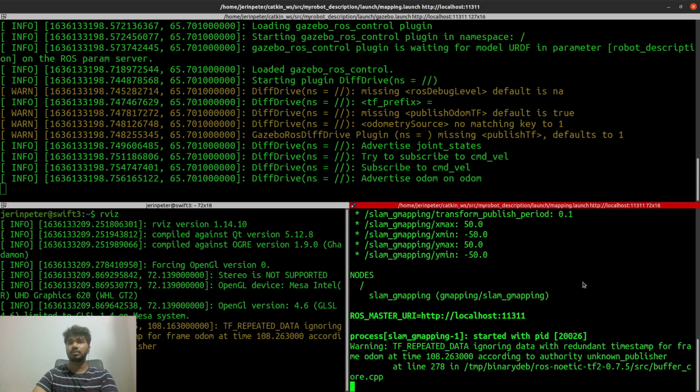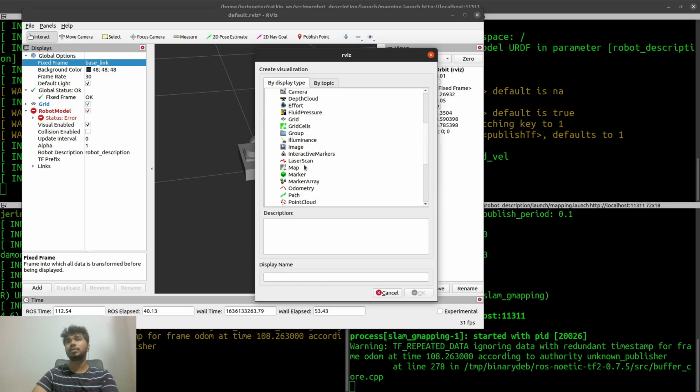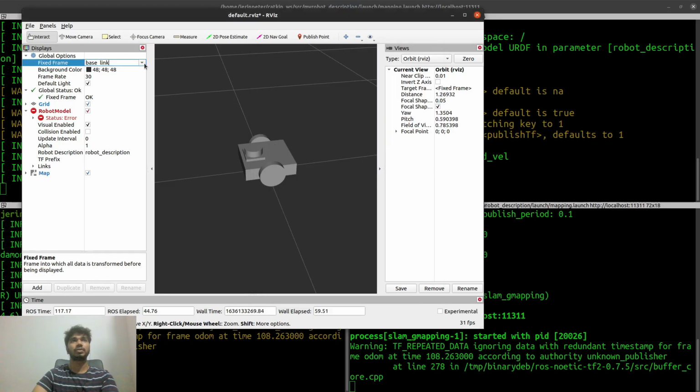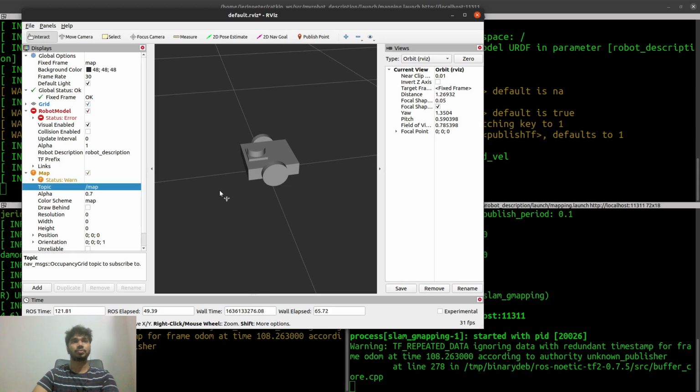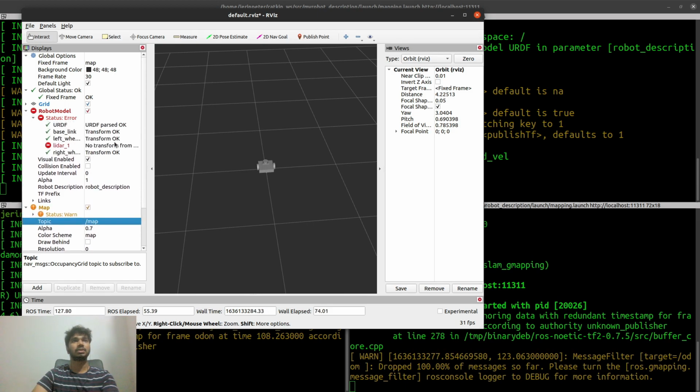Something is happening, and what we actually needed was, if we click on map, and if we change the fixed frame to map, and we select the topic to map, our map should appear here. But there are some issues, right? It is showing some status error. It is showing that there is no transform from lidar_1 to map.